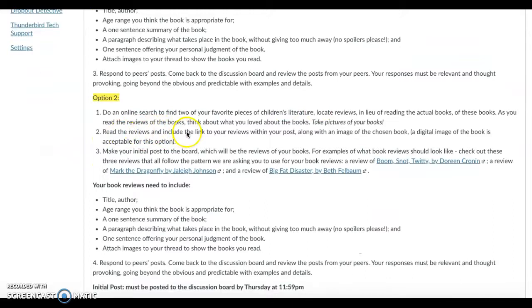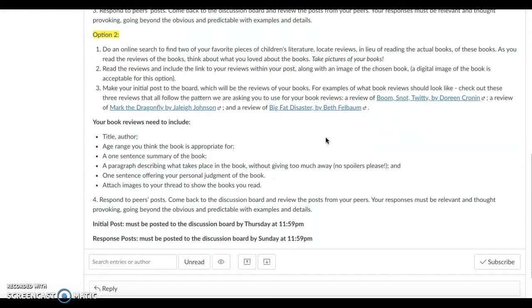Read the review and include the link of the review within your post so that we can click on it and read it too. And then move forward. The questions are very similar to option 1: title and author, age range you think it's